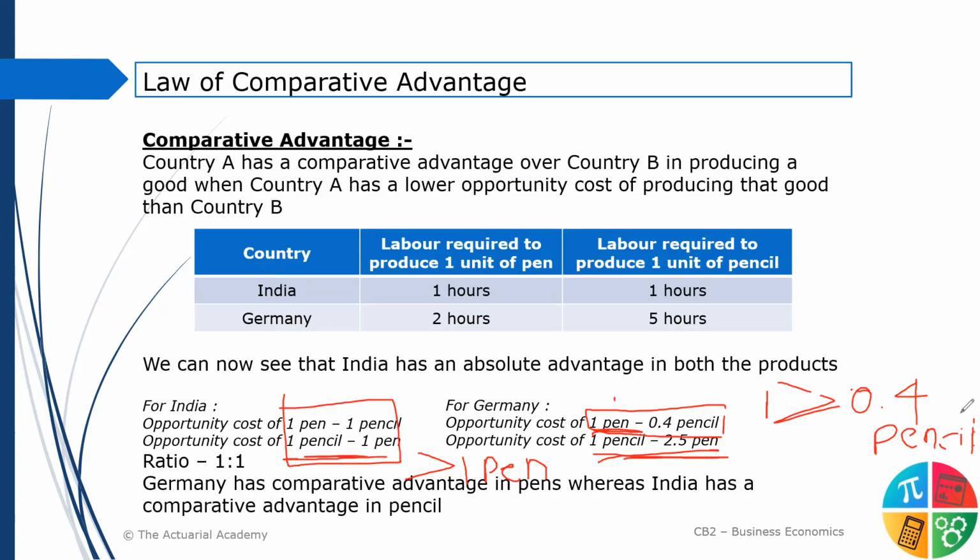अगर जर्मनी को एक पेन के सामने 0.4 पेंसिल ही मिलता है, सिर्फ 0.4, it is at its loss. जर्मनी के लिए the trade deal is not good, because एक पेन के सामने 0.4 पेंसिल जर्मनी खुद भी प्रोड्यूस कर सकती है. Now again, after trading, it is getting 0.4 pencil, so that is not good. If Germany is getting for one pen, one pencil, which is very much high, which is the best India could offer, it is a very good trade deal for Germany, the best it could ever get. So these are the costs of,